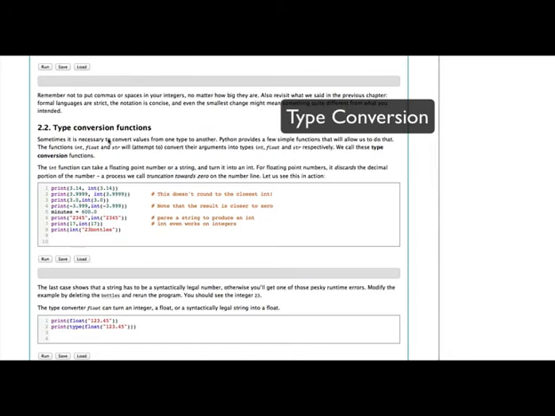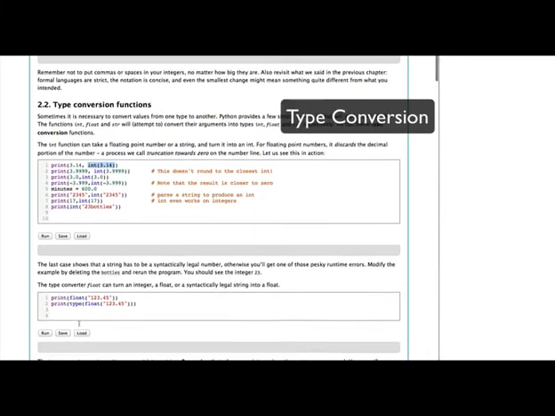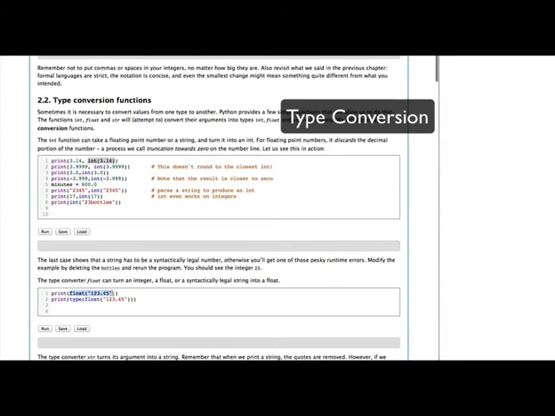We can convert something to an int by using the int function, and you can see that int function right here. We can convert something to a float using the float function, and you'll see that there. And we can convert something to a string using the str function. So if you just take a minute and run these examples,